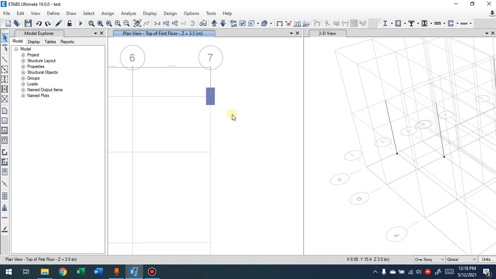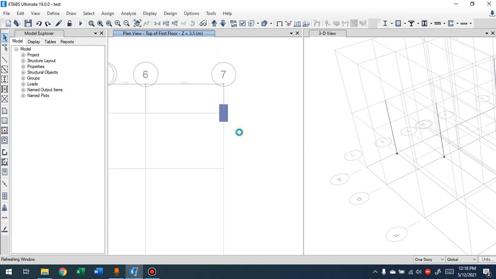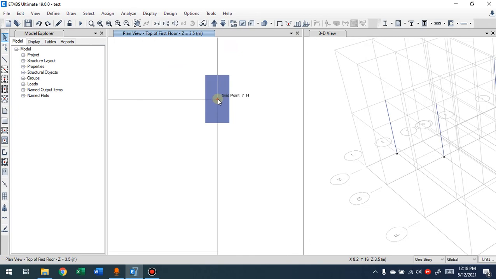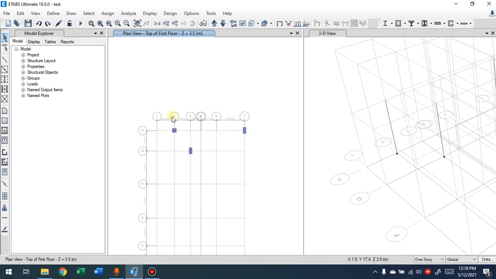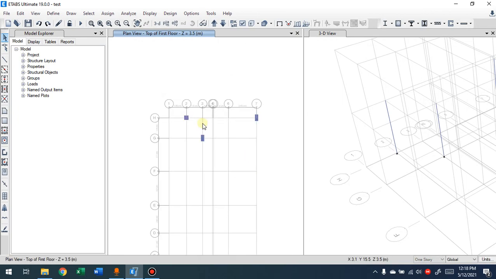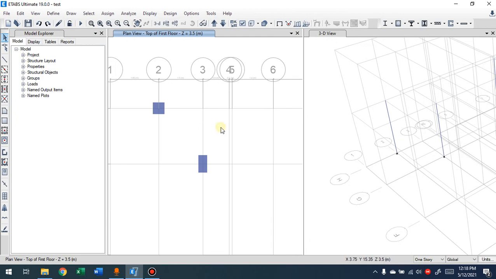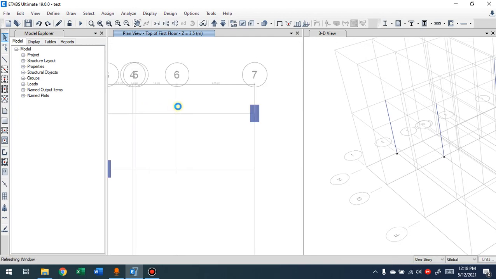Hello everyone, welcome back. In this video, I'm going to show you how to move a column from its center line toward a position that you need. Now, remember the grid line that we brought into ETABS mainly comes from architectural. And architectural, when they place those grid lines, they can have the center of the wall. So most of the time,